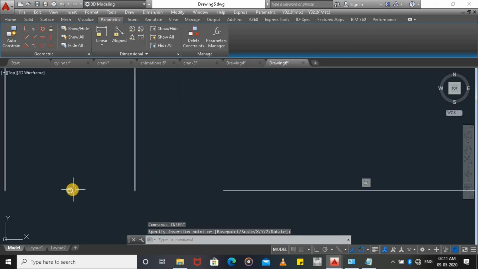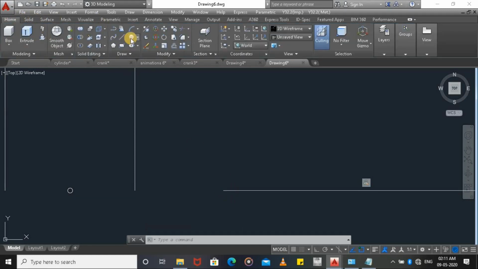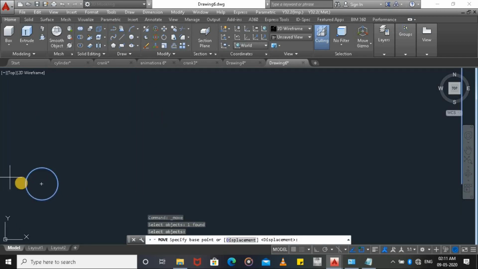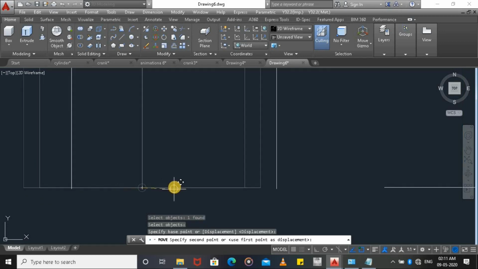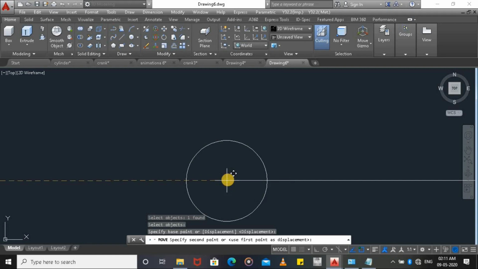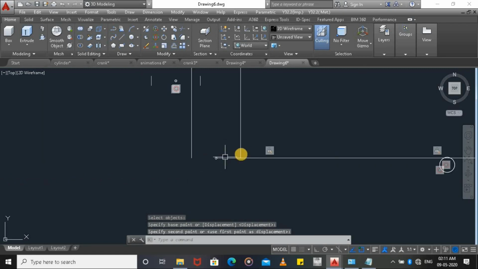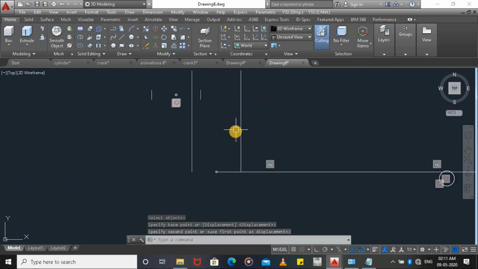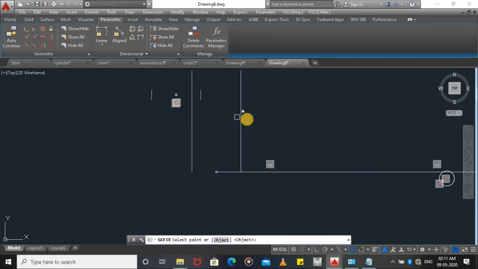First we are moving this cylinder from this point to this point. Go to move command, select this, enter. Then from its center point we have to move this to the end point of this frame. Then we are using parametric, fixing this line and again fixing this line.